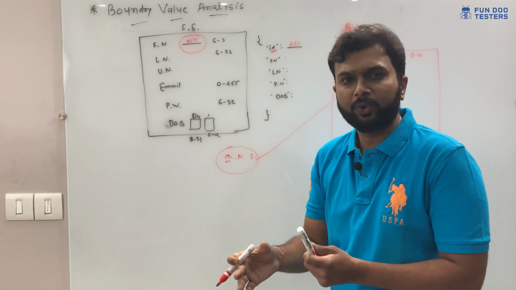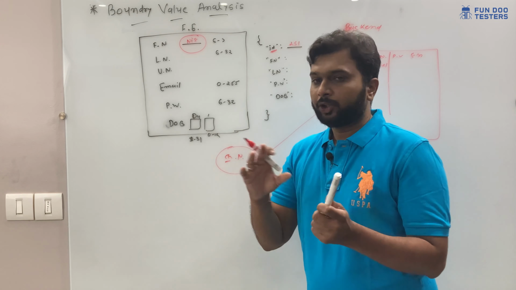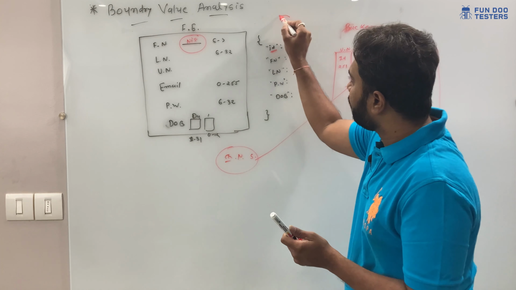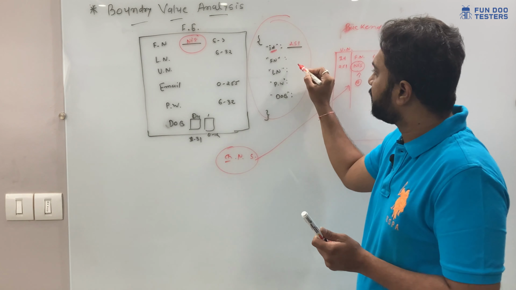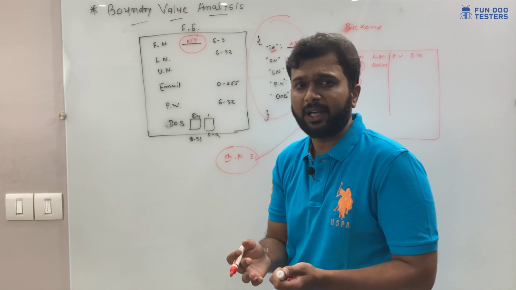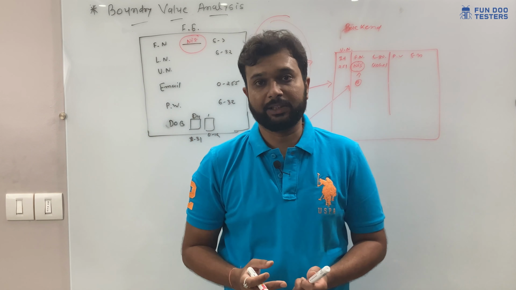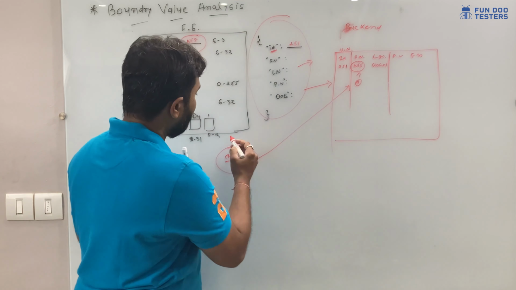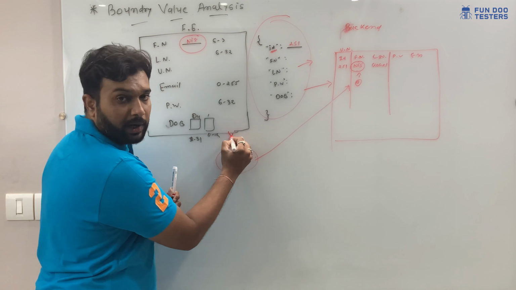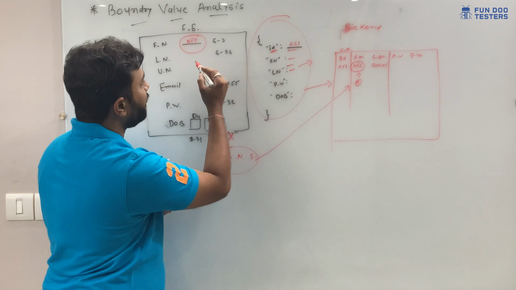So there are a few tools available in the market, like Burp Suite or other proxy tools. Using that, we can catch this request and send this POST request directly to the server, or we should have APIs. If we are working on a real-time application, by that time we should have API access as well. So we can bypass this UI and directly feed data to the API, and we can check whatever data.